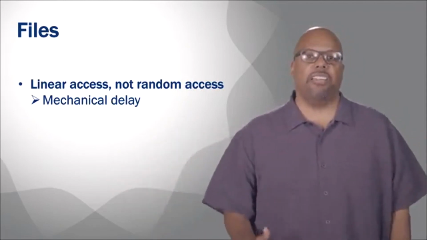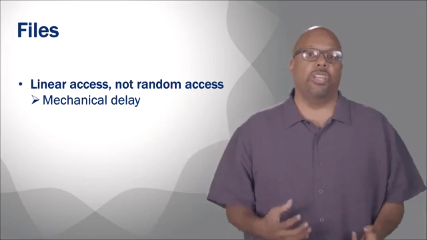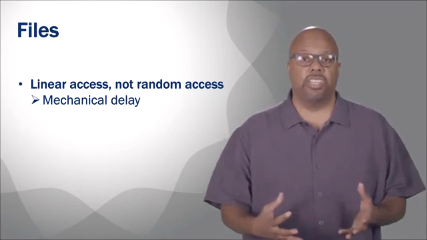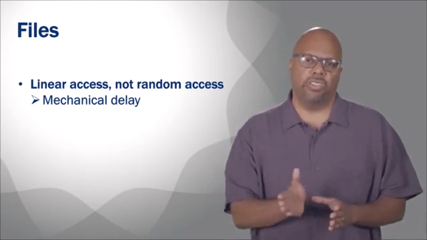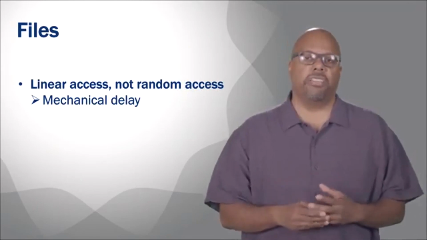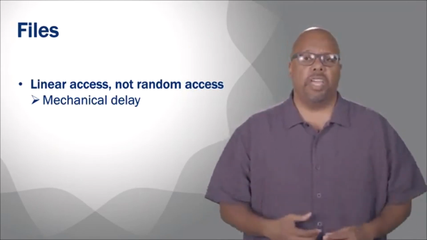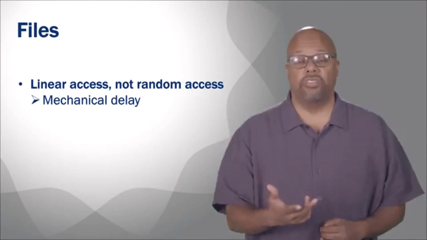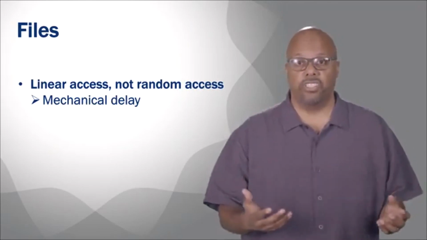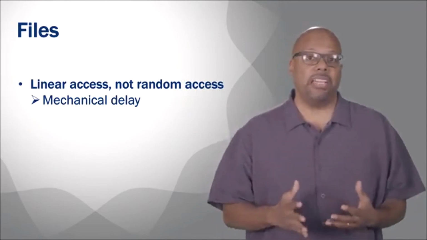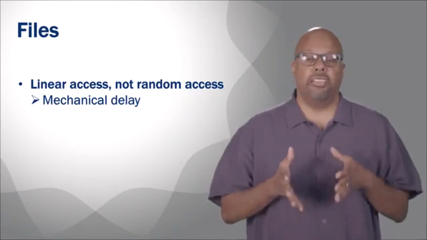So that's how file access still is today, even though you don't necessarily have this linear access constraint. If you look at physical disks, they still have linear access, right? You still have tracks, and you have to go through the whole track. So there's still some linear access in that. But for all we know, a file might be on a random access device, for instance flash memory, a solid state drive, right? That's actually a random access device,